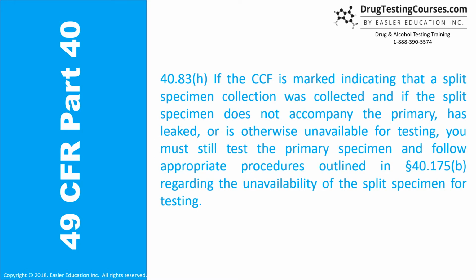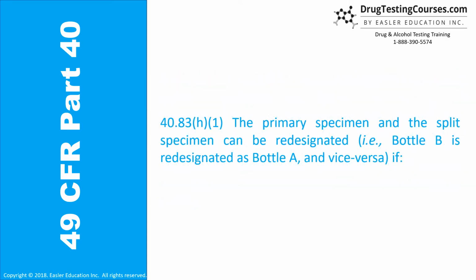40.83(h). If the CCF is marked indicating that a split specimen collection was collected, and if the split specimen does not accompany the primary, has leaked, or is otherwise unavailable for testing, you must still test the primary specimen and follow the appropriate procedures outlined in section 40.175(b) regarding the unavailability of the split specimen for testing. 40.83(h)(1). The primary specimen and the split specimen can be redesignated, i.e., Bottle B is redesignated as Bottle A and vice versa, if: